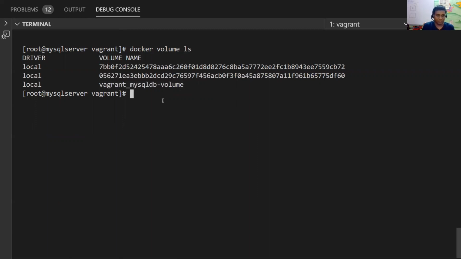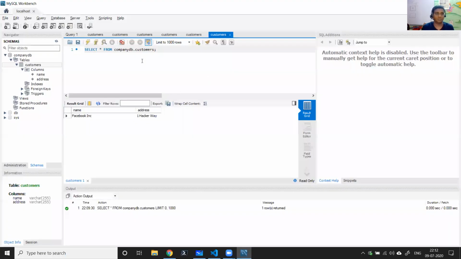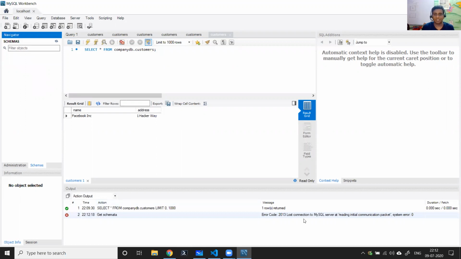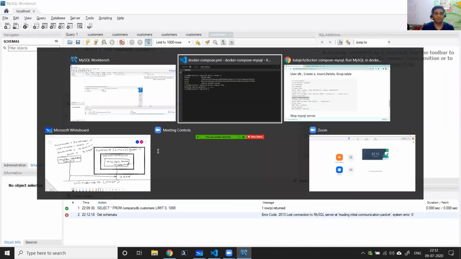Now let me stop the server. docker-compose stop. I'm stopping the MySQL server. The MySQL server is stopped. So let me do a refresh. You can see that we are unable to connect to the database.